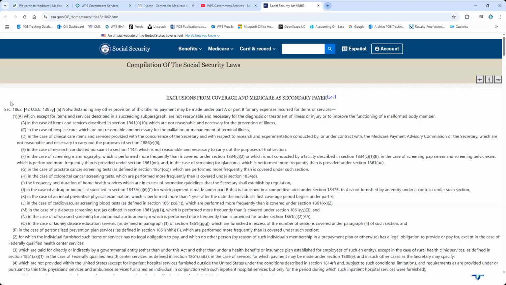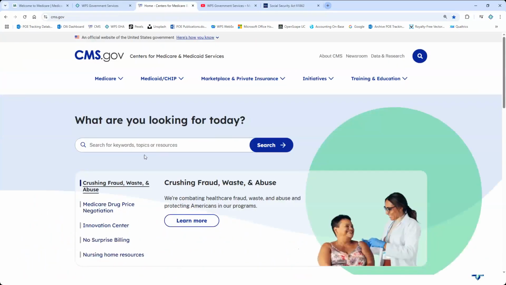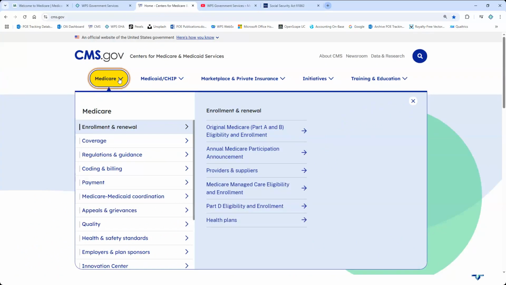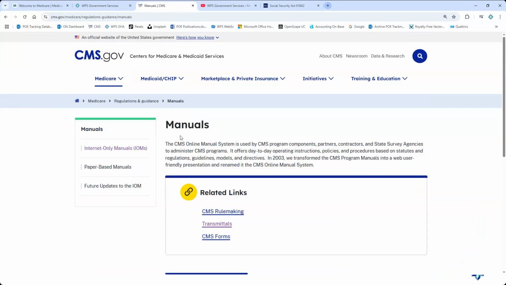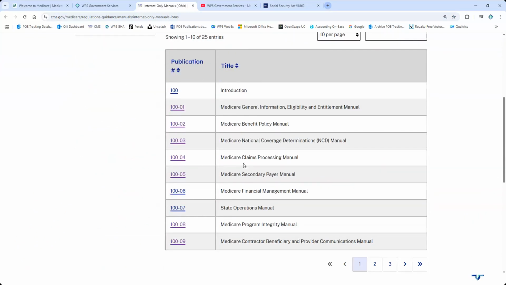What the Centers for Medicare and Medicaid Services does is take all of that information on their website and put it into what are called Internet-Only Manuals, or Daily Operating Instructions. The website for that is cms.gov. We're going to go to Regulations and Guidance, then to Manuals. Remember, I called them Internet-Only Manuals, again, Daily Operating Instructions. Once inside Manuals, we're going to go to the Internet-Only Manuals, which is the first item on the left, and scroll down a little bit. You can see a lot of different manuals in here, and they do have to meet the different components, and a lot of these are based on different sections of the Social Security Act.